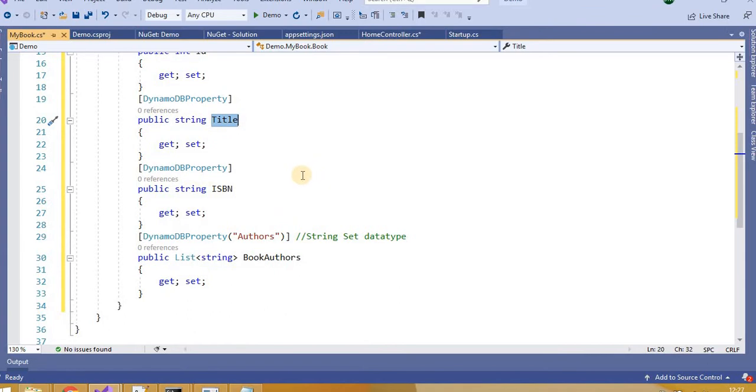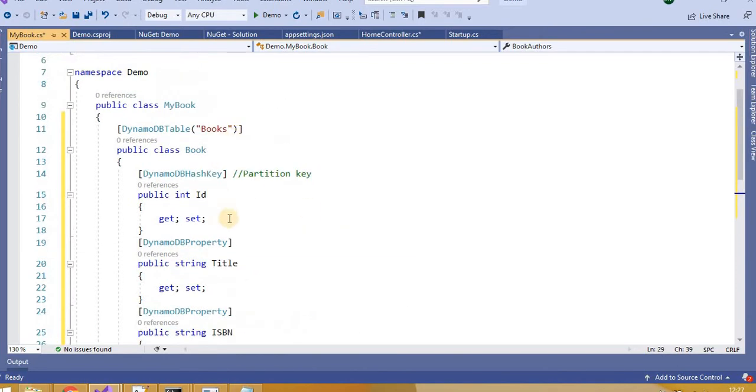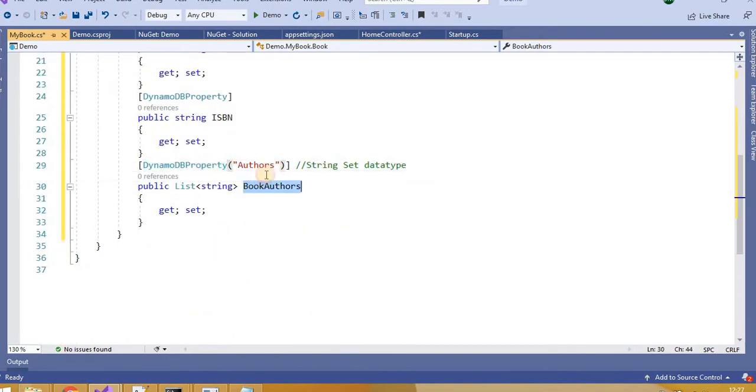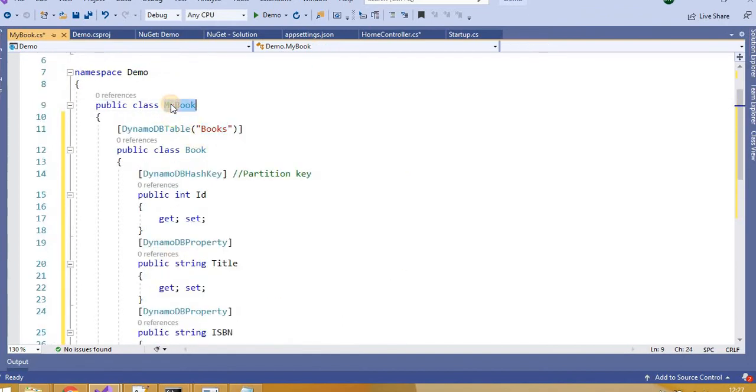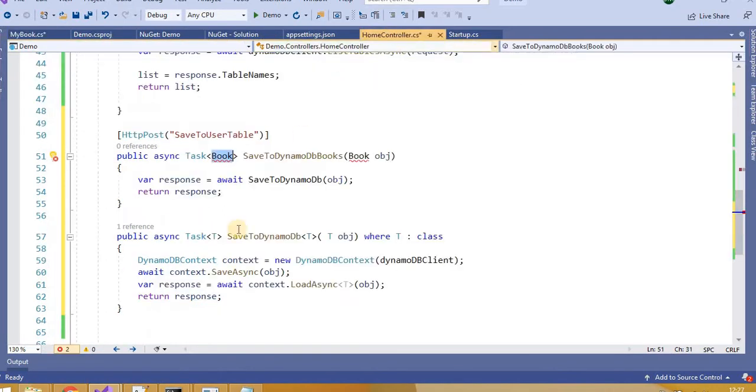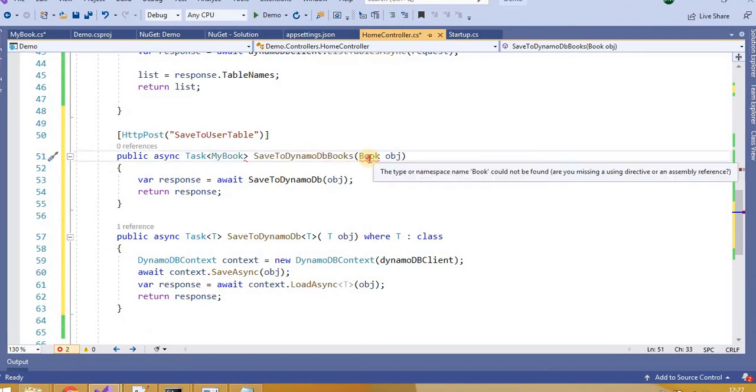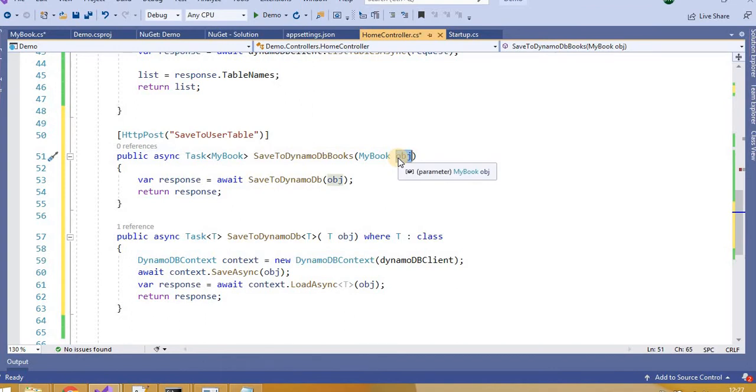This is the same as Entity Framework, right? Where we can define, like, a book's authors will match the authors column, so these are defining the column names, right? BookAuthor will match with the authors column and this will match with the table name. You will understand once I complete the code. Just paste MyBook here and pass it to it.